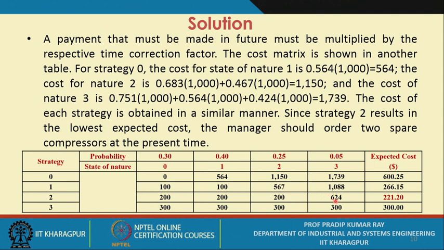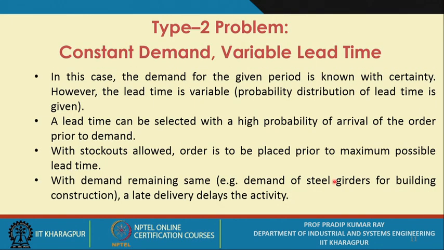So, like this you calculate, like 624 you calculate, that means third failure is occurring. Okay. So, accordingly you calculate what is the corresponding value. So, 624, that is 221.20, the expected cost against ordering strategy of 2. Okay. So, again we know what is the solution when the inventory carrying cost is assumed to be 10%. So, I suggest that you follow all the steps meticulously, so that you understand the logic fully.